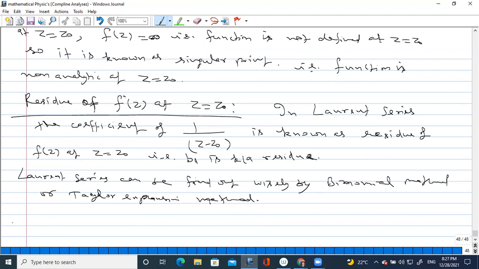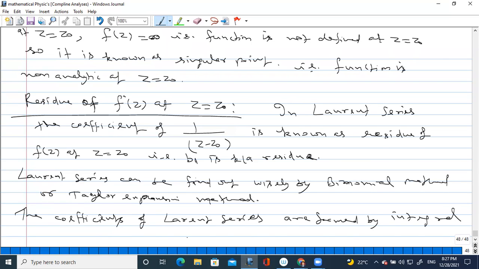Laurent series means we are talking about the principal part only. Coefficients of Laurent series are formed by integral of the function